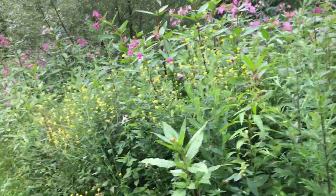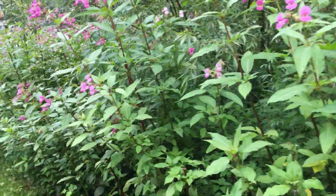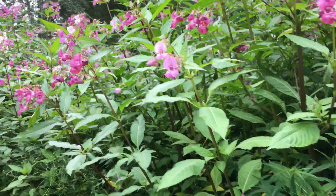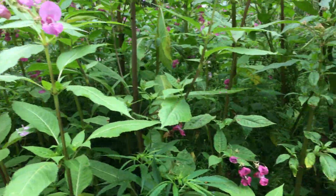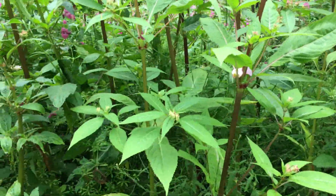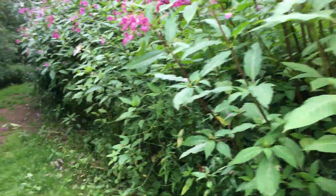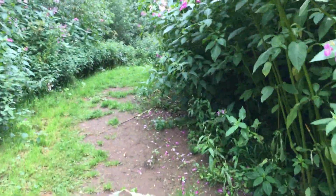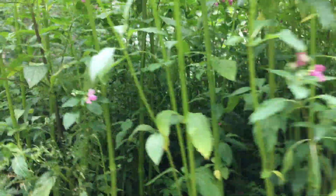I'm surprised the amount of Himalayan balsam here. I thought they'd just about eradicated this, because they always seem to be bashing it on the River Don. It stinks awful, it stinks horrible, but it does look lovely at this time of year. And of course there used to be lots down the Loxley Valley, and what we used to like doing is getting the seed heads. You shouldn't do it. I can't see any because it's probably going to be August, September. They're spring loaded, so you just squeeze them a little bit and then they burst the seeds all over the place. But probably shouldn't do that anymore, otherwise you get this kind of invasive